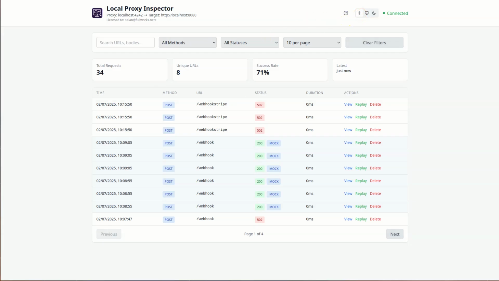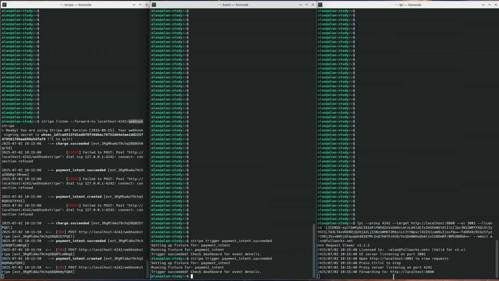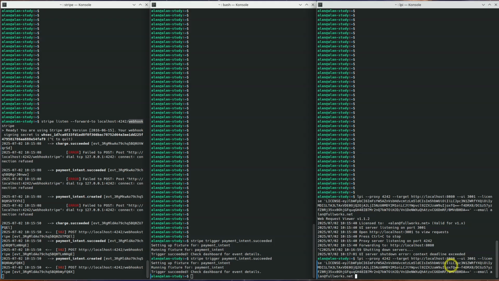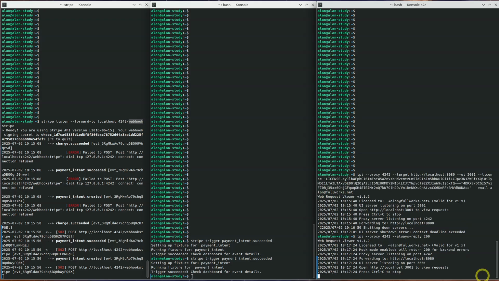Once we have got that, we might actually want to mock up a positive response back to Stripe, and so we have mocking ability here. So as I mentioned, you don't need the license code anymore, so by default we're sending to 8080. We're still listening on 4242, which we have to specify, and we're going to put the simplest mock, which is always reply 200. We can mock more complicated patterns if we like, and that's